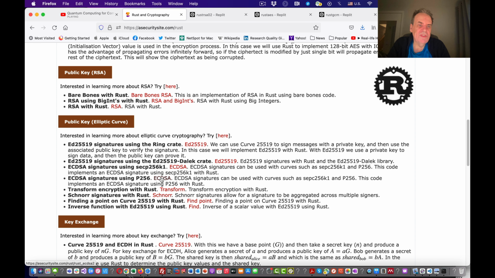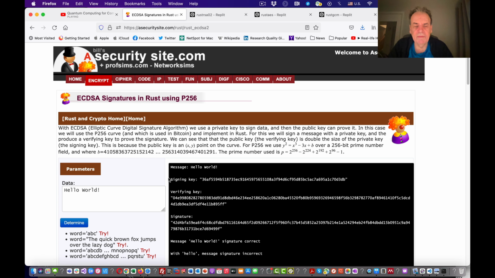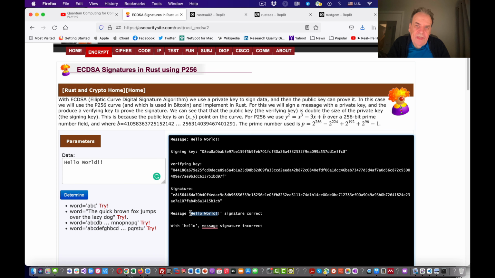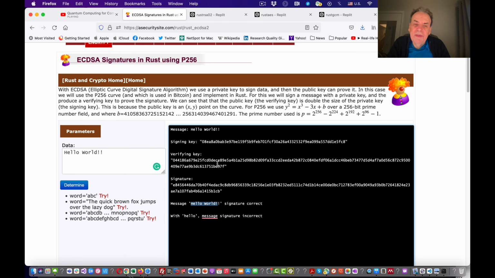This one is creating ECDSA signatures with P256. So there we go, we've got some data. We want to create a signature as we would in Bitcoin and Ethereum using ECDSA. This is our signature here. We then check the signature against the private key to make sure it has been signed properly, and it has. In this case, we create a random private key, 256 bits, and then we create a public key. The public key is used to verify the signature.